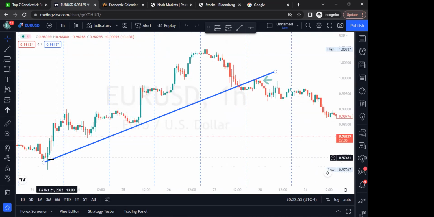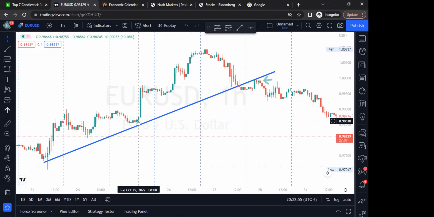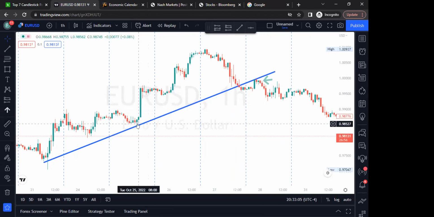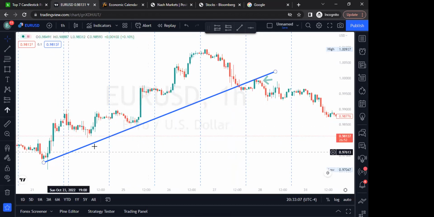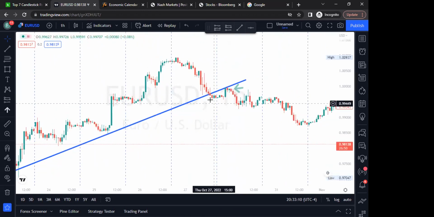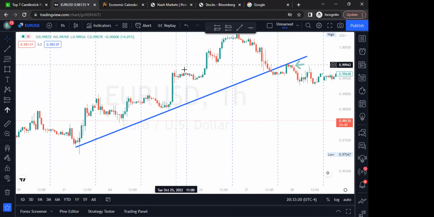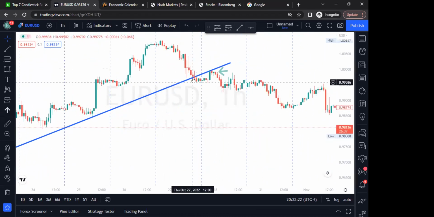And if I see price bouncing on it, I will let price leave away from the trend line before I make my decision to buy or sell. Because let's say I tried to buy right here because it touched the trend line. As you can see during history, price bounced and touched it, came off of it and kept going upward. So if I tried to buy right here without a confirmation of price actually wanting to continue going upward,